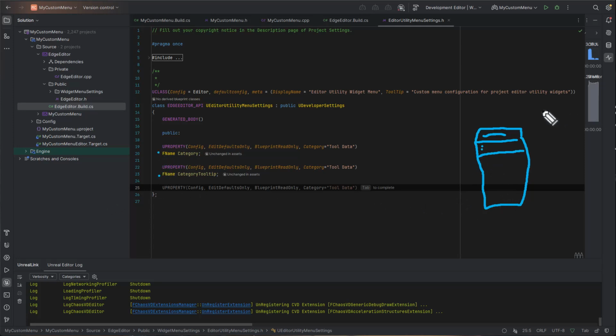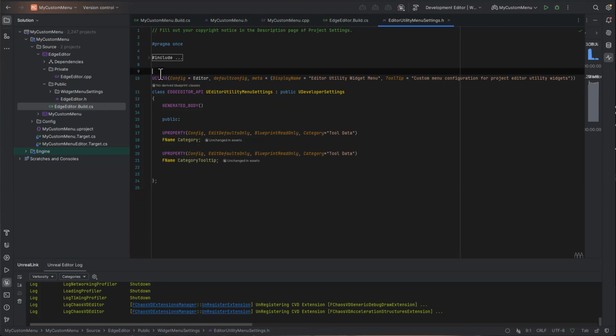So now we need, within this widget, to open another widget, but in this case, it's going to have a list of things inside it. And when you think about a list of things, we are talking about an array of things. So I need an array of widgets or editor utility widget entries. The way that I want to do this is with a struct, because those widgets need to have their names as well, right? So what we're going to do is I'm going to delete this part here,